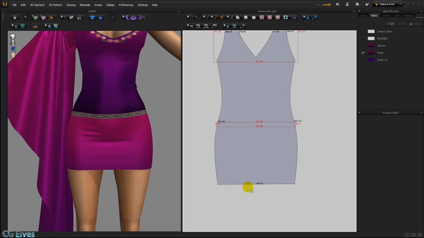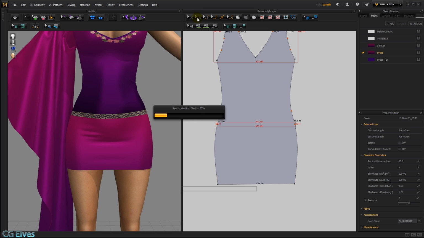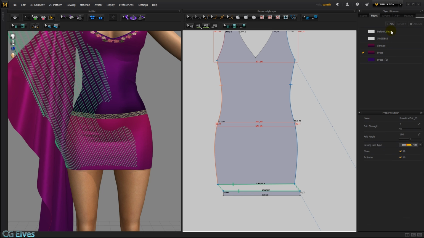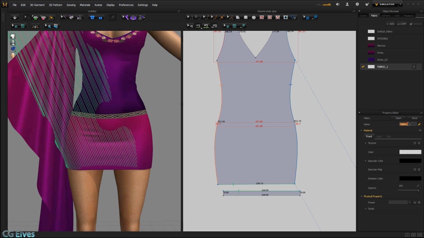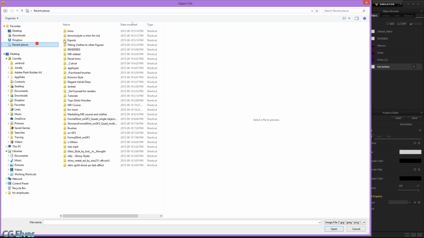to simply, let's hide the textures a second, see how long that bottom part is, then take your rectangular pattern tool, click once, type in the same width, 338, it doesn't have to be with the 0.73, but you can if you want to be particular, and then the height that you want, so let's make it 20, and then take our segment sew tool and sew that together, and then add a fabric and call this trim bottom,